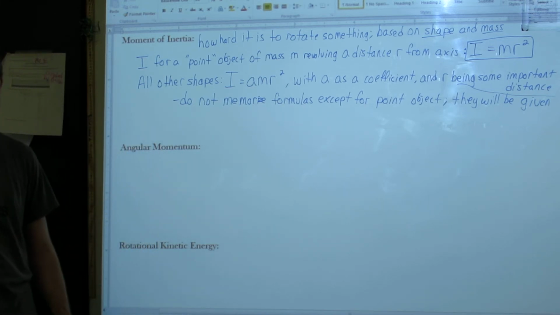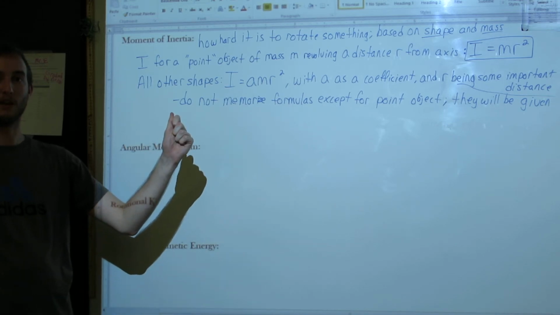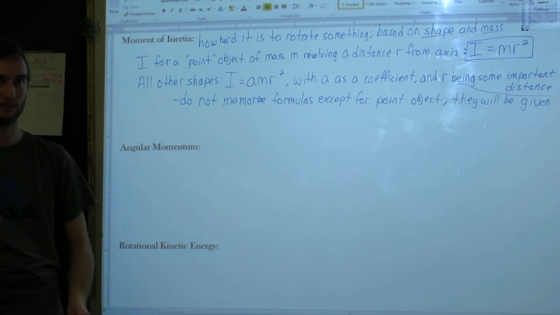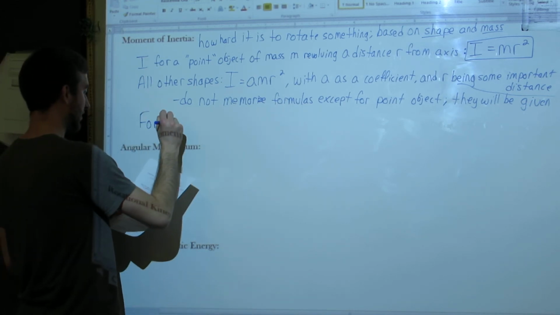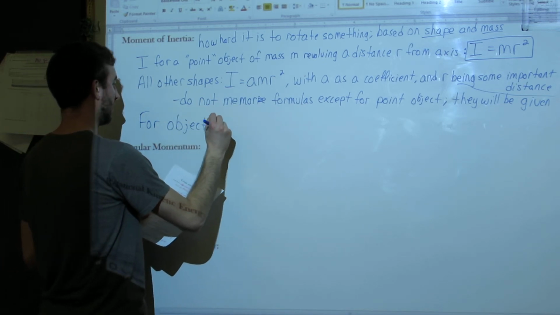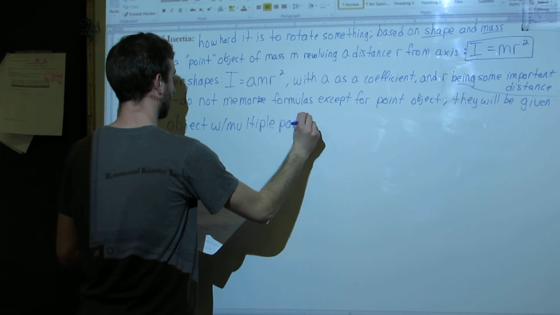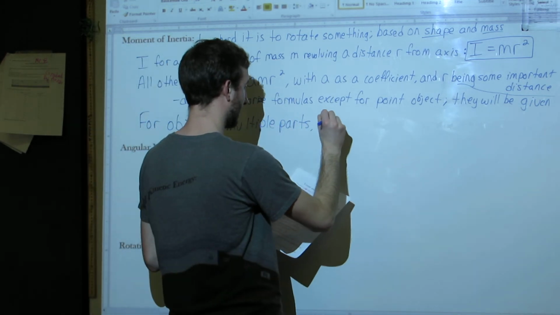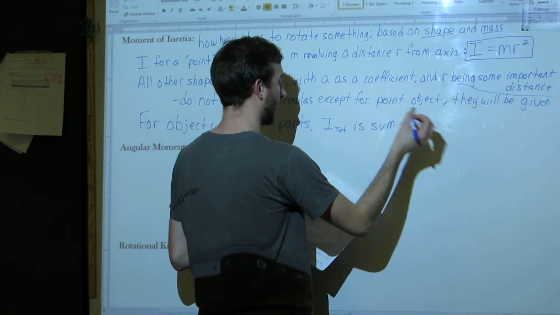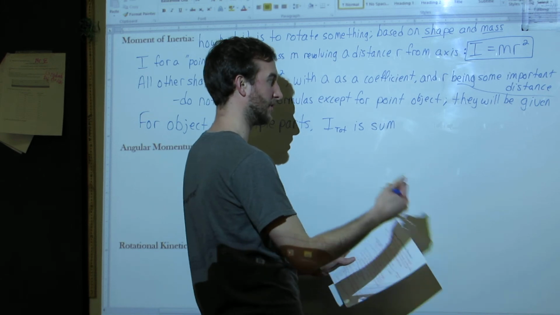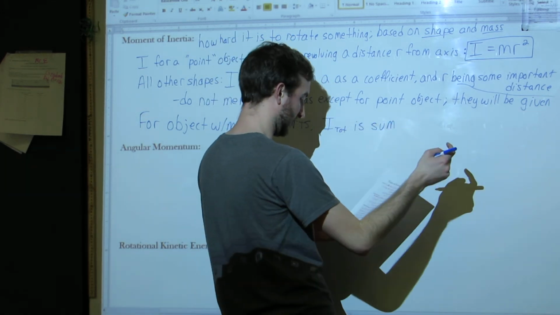Last thing with moments of inertia though. Let's say you have a complex object, an object with multiple parts. Maybe you've got two point objects revolving around some central axis. For an object with multiple parts, the total moment of inertia is just the sum. The normal old sum: you just add up the moments of inertia for each part. I total is the sum of